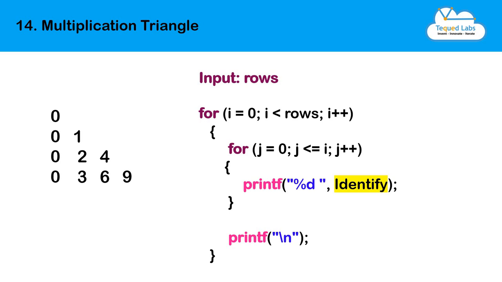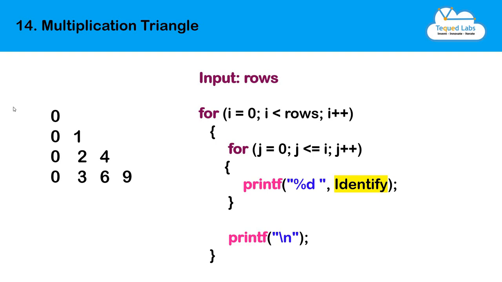So here is a pattern consisting of multiplication tables. As you can see, the first row is 0, then we have 0, 1, then 0, 2, 4, then 0, 3, 6, 9. So this is the multiplication table for 3, this is for 2, and this is for 1, and so on. Whenever you see a right angle triangle pattern, you know that you need to use two loops,